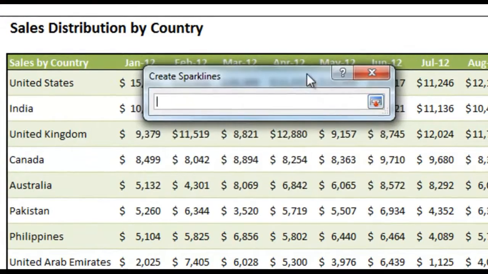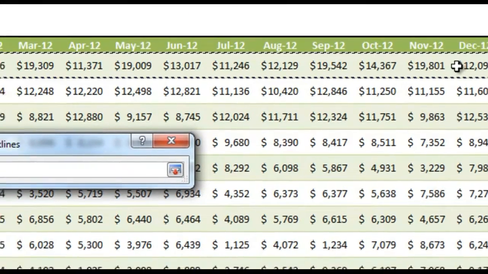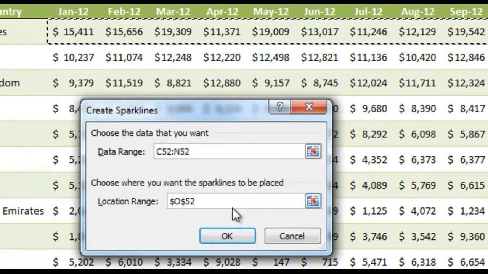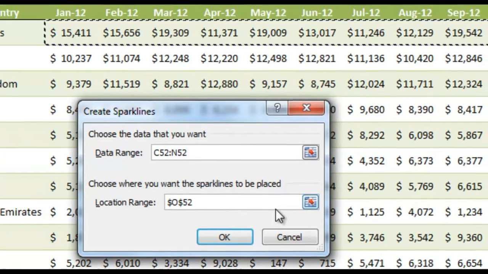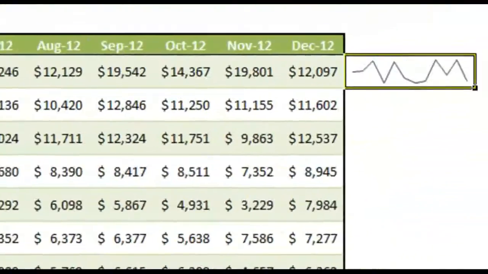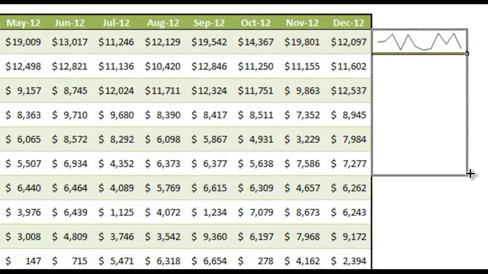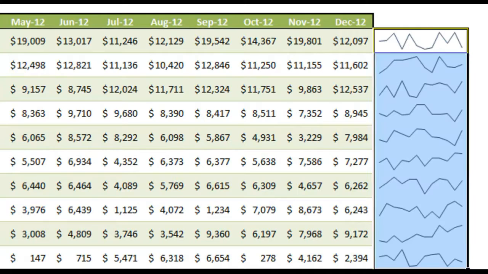So I will select United States, January to December, hit Enter, and location range is already selected. So I hit OK, and you'll see that within that cell it gives me a line chart of the United States sales by month. If you copy this down by using the fill handle, you'll see that it automatically creates